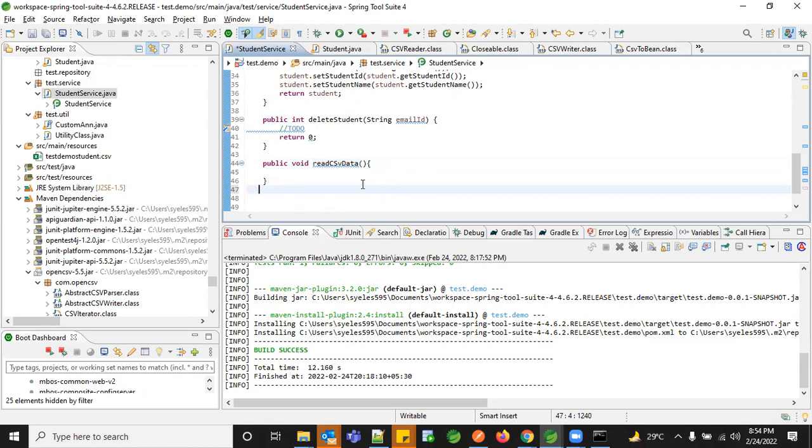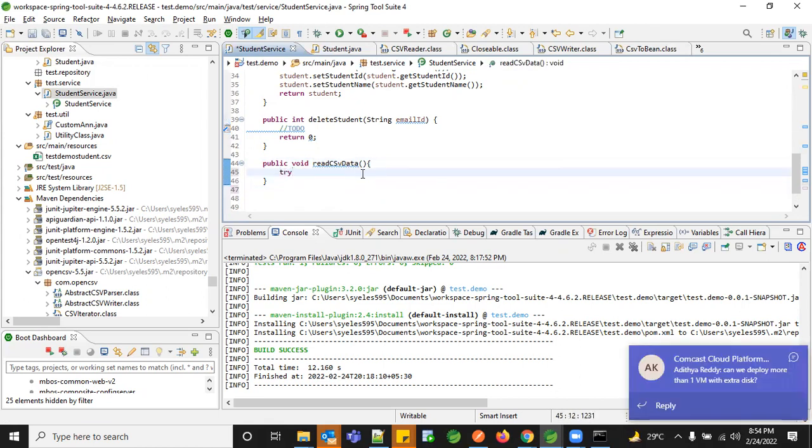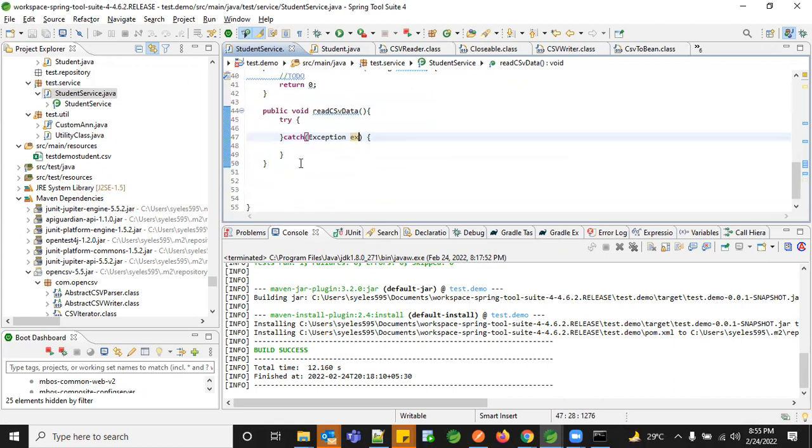Since this is file handling, you have to have everything within your try and catch block. All the information has to be within your try and catch block. Now, to read, you need to first provide the file which has to be read, right?